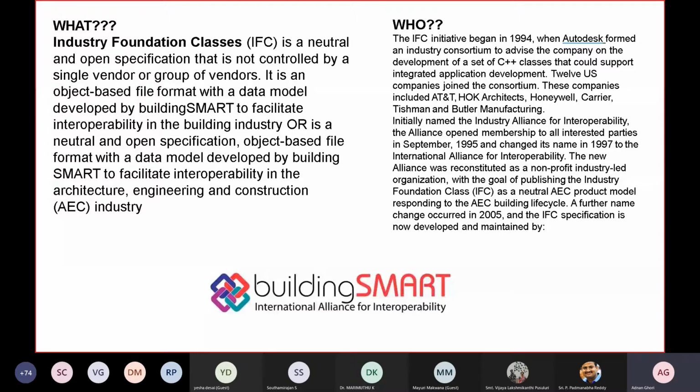There is Revit as well. In Revit also there's an export to IFC, and it's basically used as interoperability, the exchange of information from one tool to another. Some countries have already mandated the use of IFC as well, like the Middle East, which has mandated IFC, Building Smart.